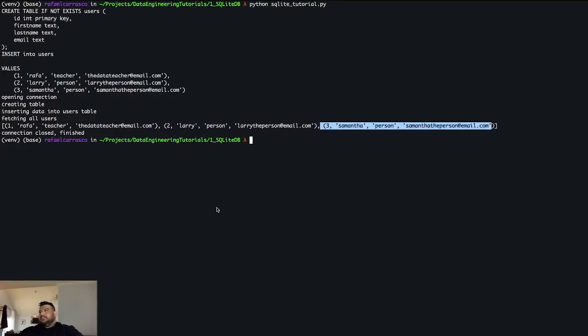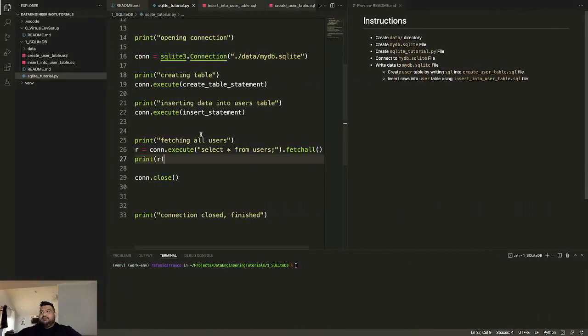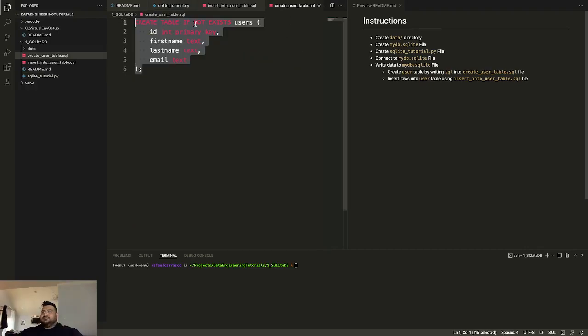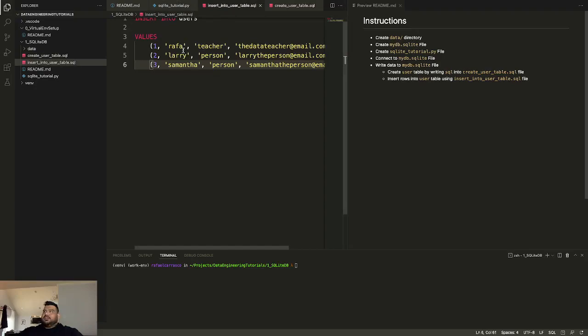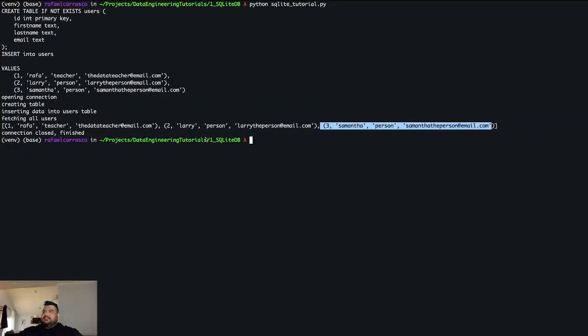And there's only 3. So why is there only 3, right? We've run this script over and over again, and it's created a table only once, because we said create this table only if it doesn't exist. It does exist, so this basically isn't getting executed anymore. But why isn't it repeating the rows? And that's because